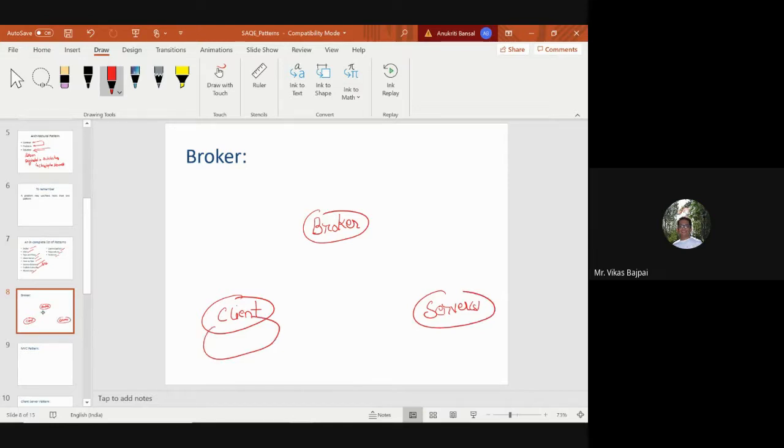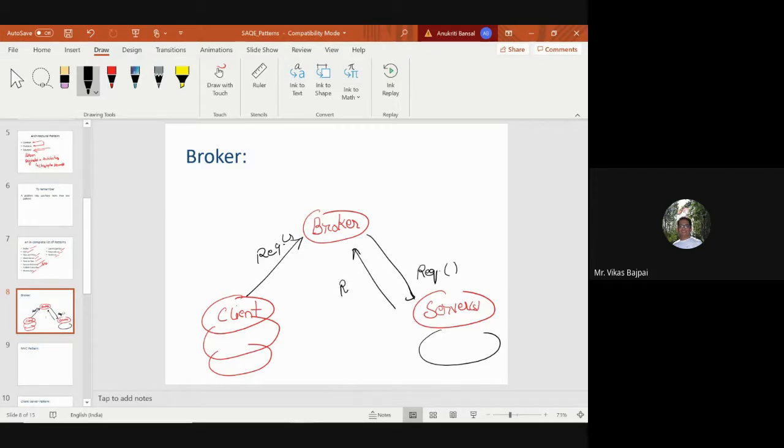Similarly, I can have multiple clients as well. The client sends the request, and that request is forwarded to any of the available servers. In return, there is a response, which is once again redirected back to the client.